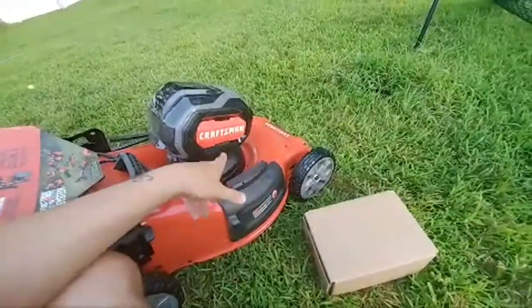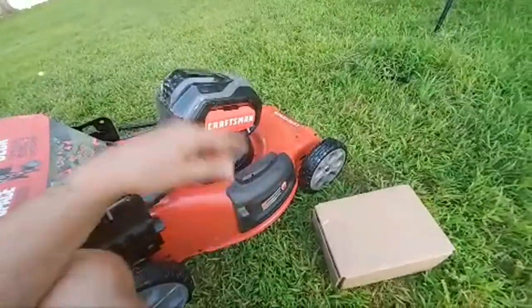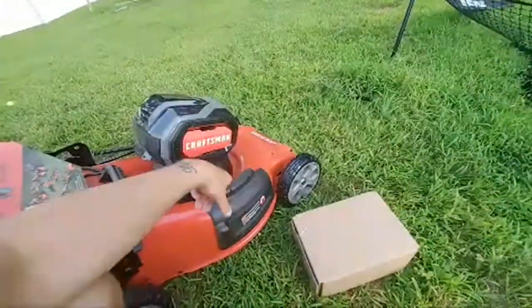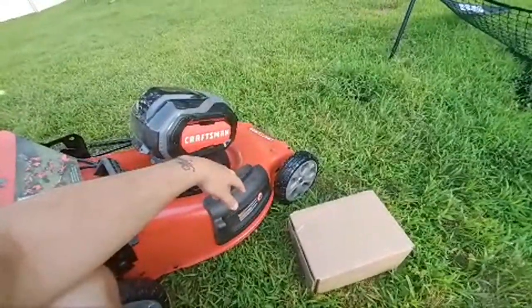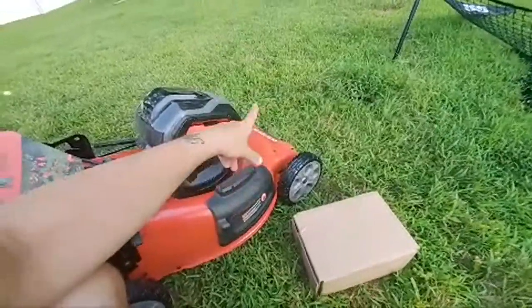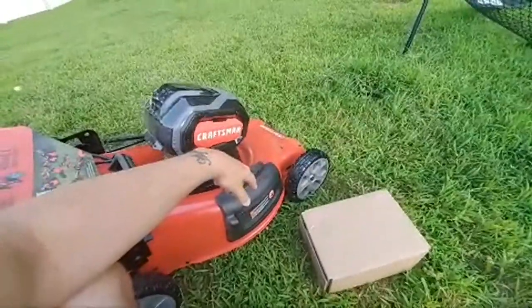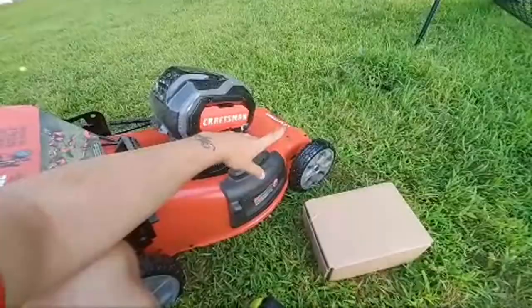And so later I'm thinking about getting the self-propelled. I'm like, do you want that? You can get it. I'll keep the push mower. He goes, nah, you can take it, man. I'm like, you sure? He's like, yeah, no big deal. He goes, I might take the push one. But he's like, I think you convinced me. So I'm like, we'll see. But anyway,